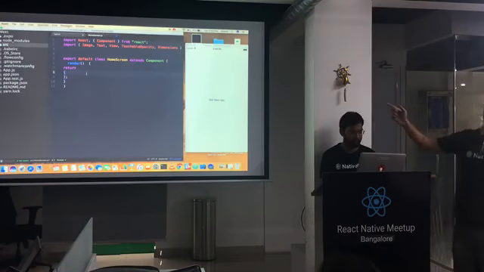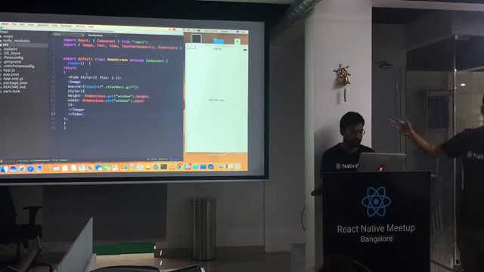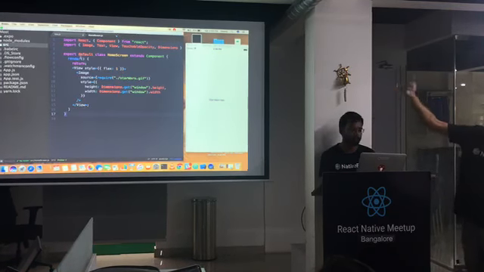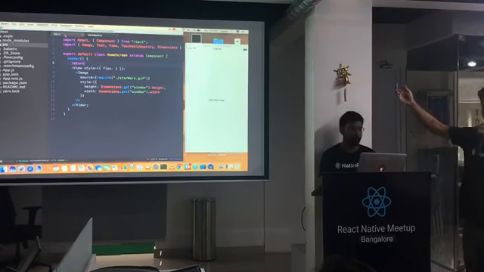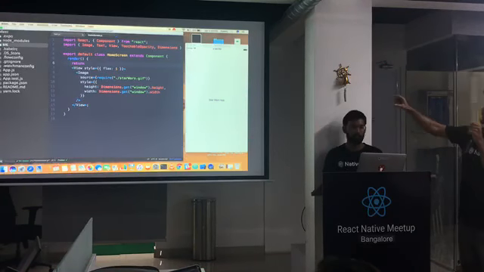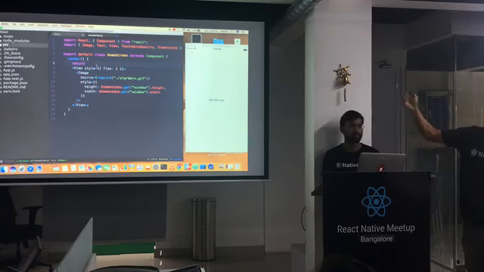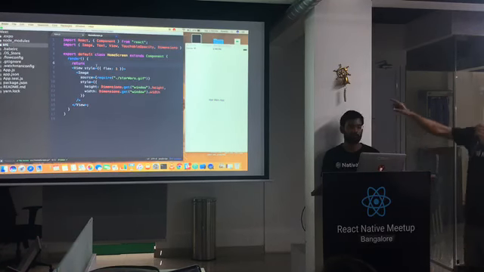Alright, so we've made a basic class here. It's called HomeScreen. It extends Component because it has to be a component. Next is the render method. This is the method that is called in order to show all the UI views. Anything that you place inside the return statement will show up on the screen. So that's how this works.